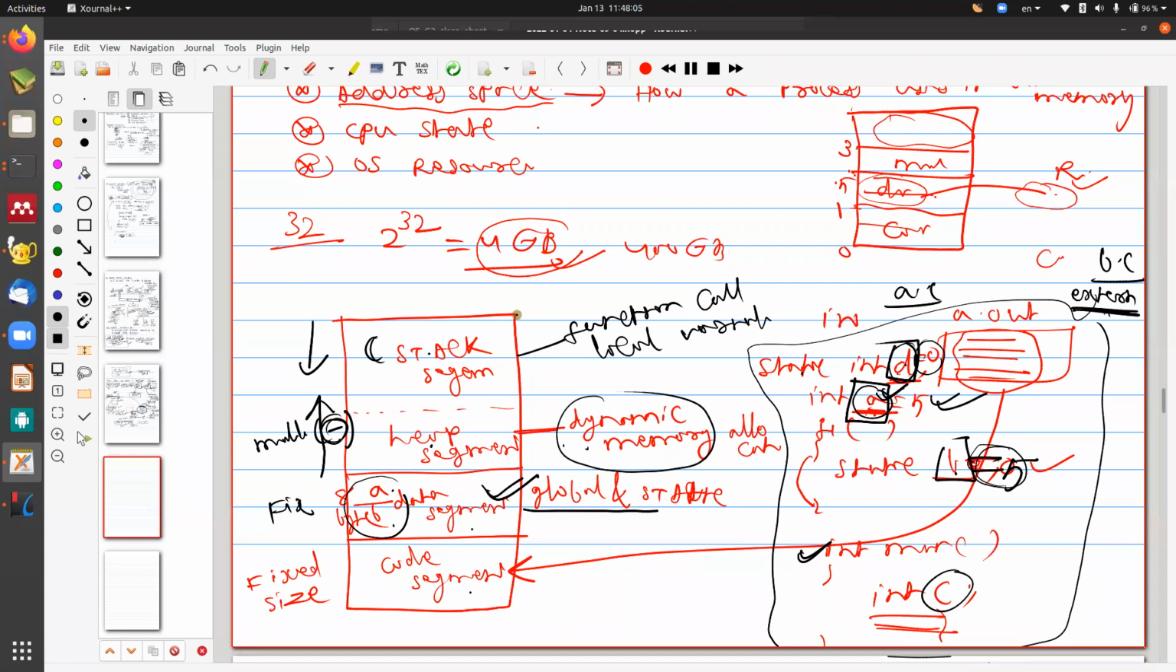Because if the total size is 100 and both grow in the same direction, then some memory misutilization will happen. Why? Because if I consider this to be my whole area for the data, stack and heap, and it is growing in the same direction, then definitely I have to fix a line that from here onwards